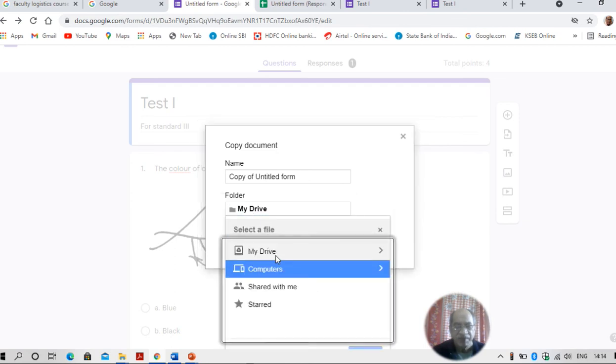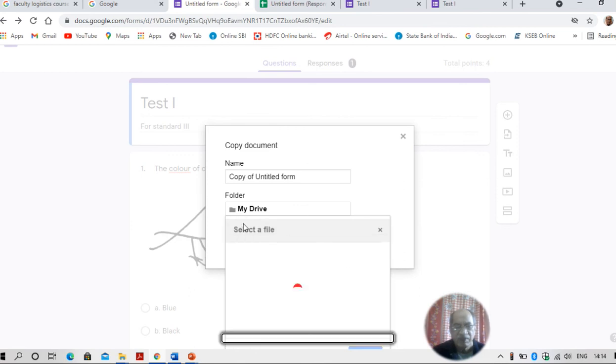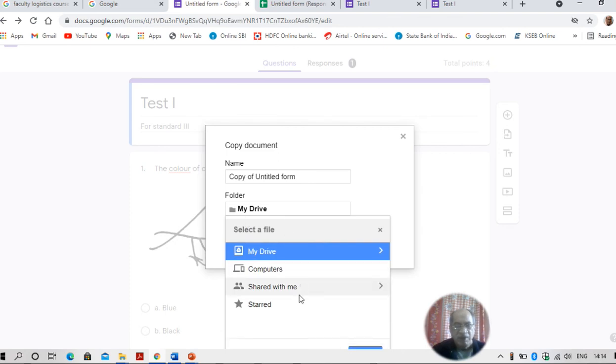This is drive. In drive you can save only in a particular folder.